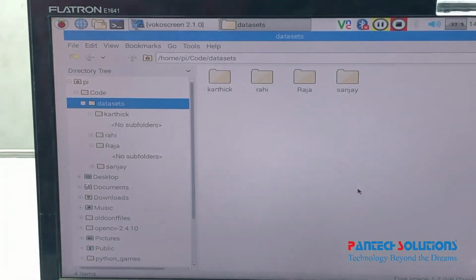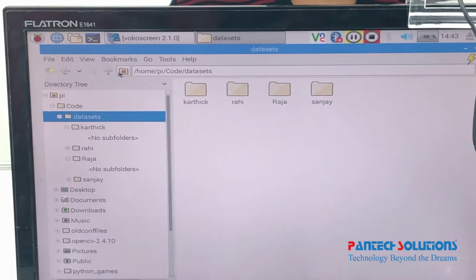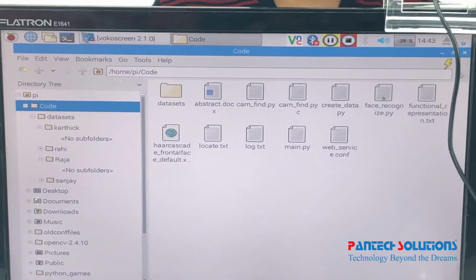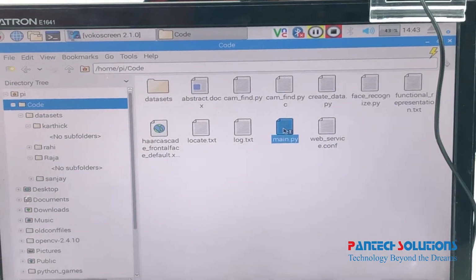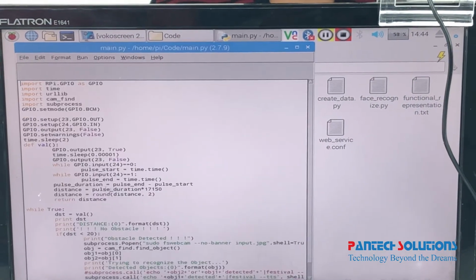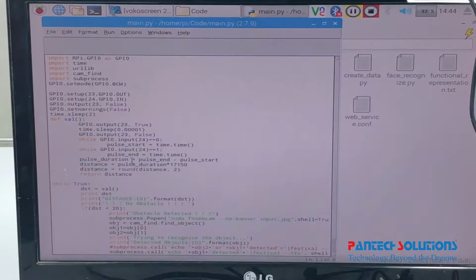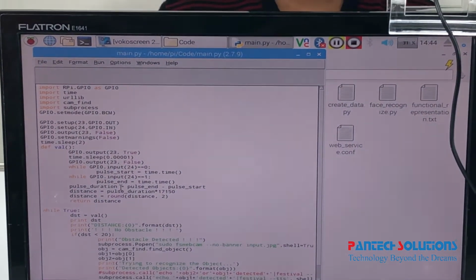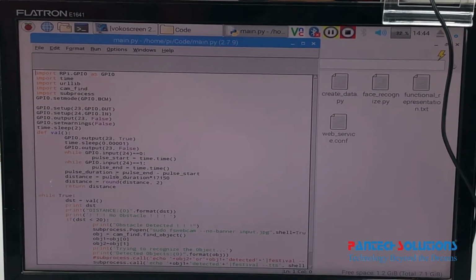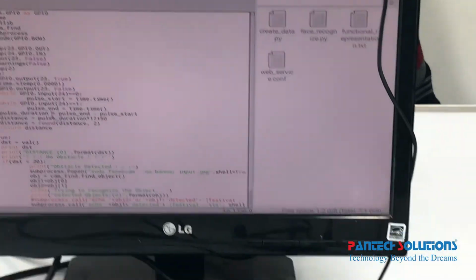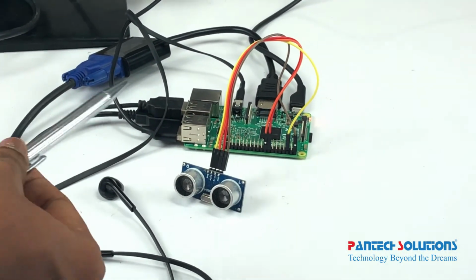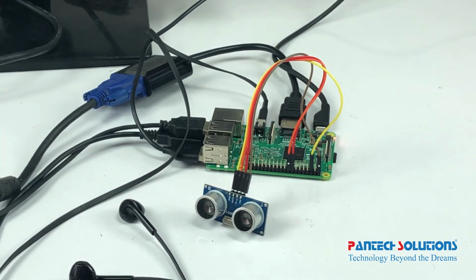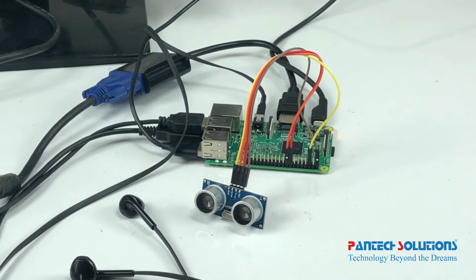Now we have to close the create data code and go back again. Here there is a face recognition code and everything, but before that we'll run the main code. The process is as follows: whenever the ultrasonic sensor detects an obstacle, it will first try to recognize the object in front of the camera.